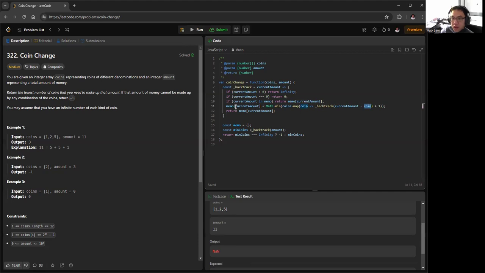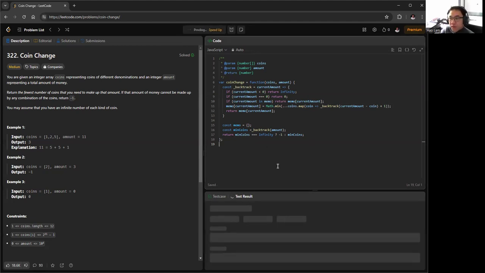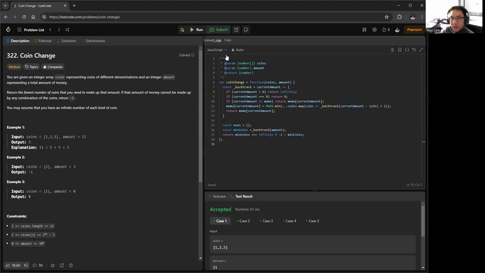And if it is in the memo, we just return it directly. And we find the minimum combination before we return. Oh, yes, because coins is an array, right? So we need to spread it out. Math.min, type in the parameters like this. And the map will return a new array, so we need to spread it out. Okay. Pass, submit,